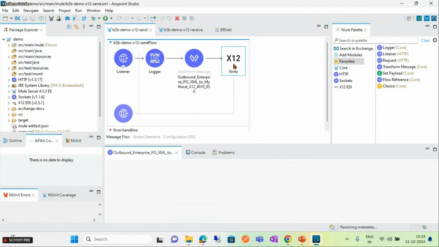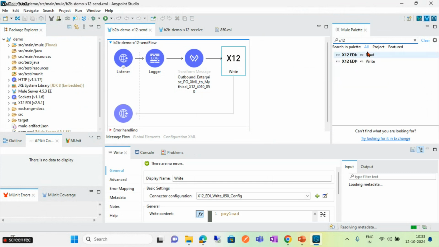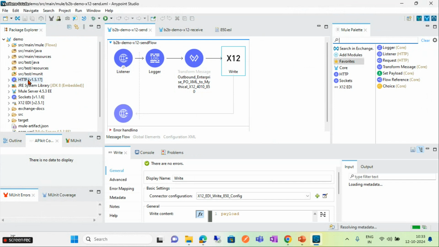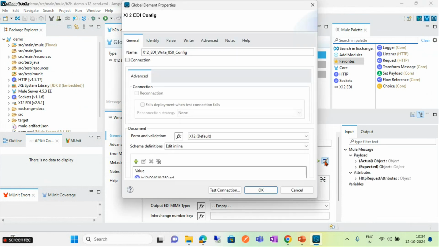In X12 we have read and write operations. Two options are present in X12, and EDIFACT is also the same, supporting read and write operations. Then I will tell you how to configure this. For example, you are working on 850. So what you have to do is, when you open this,